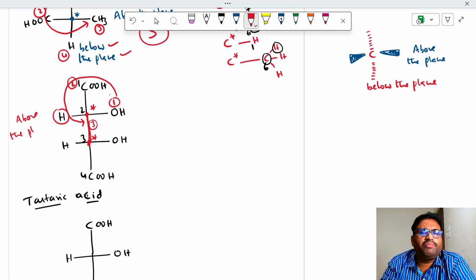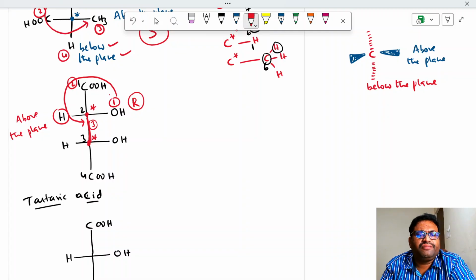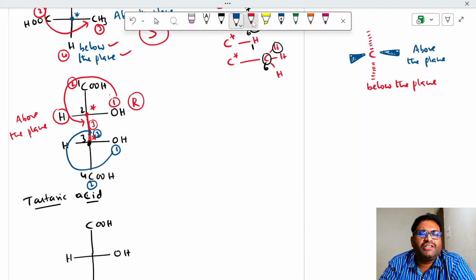So when least priority group is above the plane, whatever you observe, to that opposite we have to write. You are observing anti-clockwise, so we have to write R. So at second carbon atom you have R. Let us move to third carbon atom. Priority number 1, priority number 2, priority number 3. So rotate 1, 2, 3. You are finding clockwise, but where is H? H is again